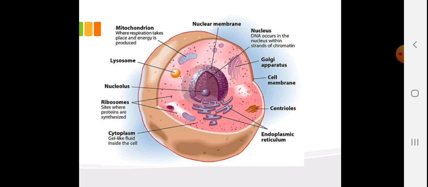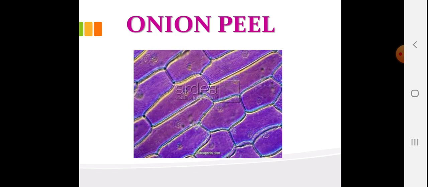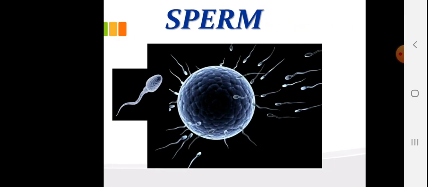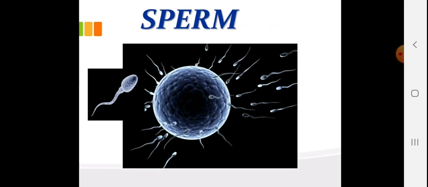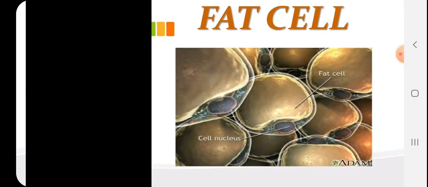This type of cell is called the eukaryotic cell because it has all the major cell organelles within it. Now, onion peel: if you observe the onion cell or onion peel under a microscope, you will observe such arrangement which looks like bricks. This is the sperm cell. You can see the sperm cell mainly has the tail, neck and the head part. They keep on floating and they will reach their target site after copulation, that is the ovum or egg.